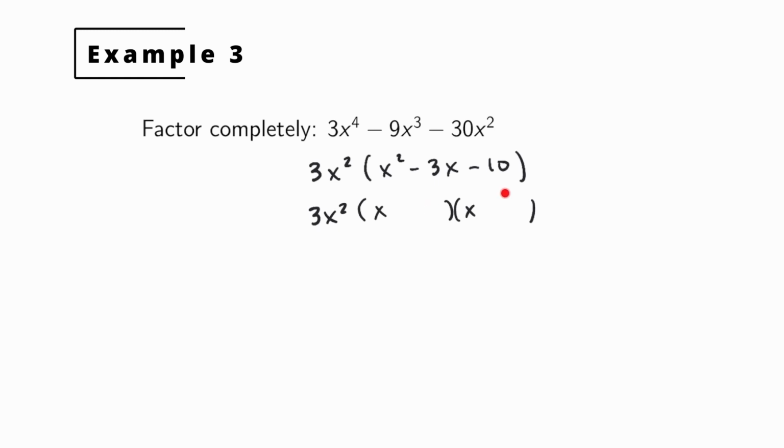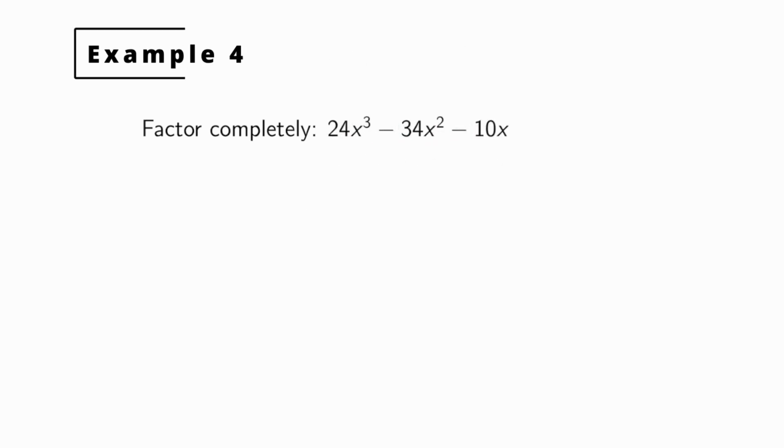We look for 2 numbers that multiply together to give me negative 10 and add together to give me negative 3. So the 2 numbers that will fit that will be negative 5 and positive 2. And that's what goes in those blanks. So negative 5 and positive 2. Because when I multiply out negative 5 times positive 2, I get negative 10. Add them together, you get negative 3. And that's it. This is factored completely. We're done. Check your work. See, do you end up with what you started?